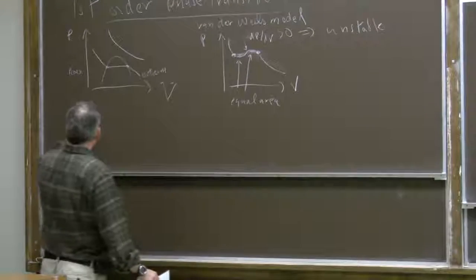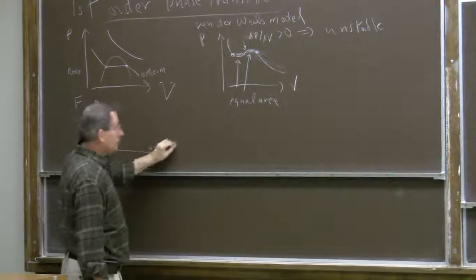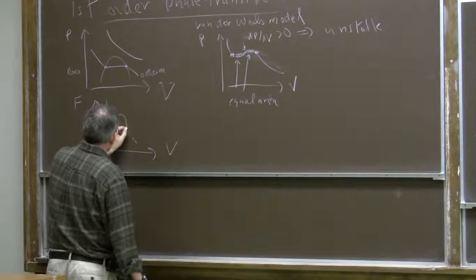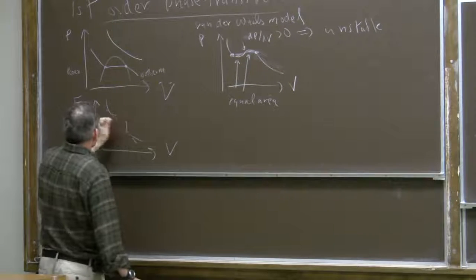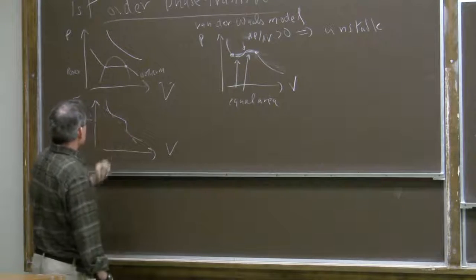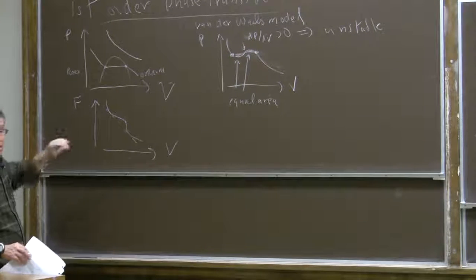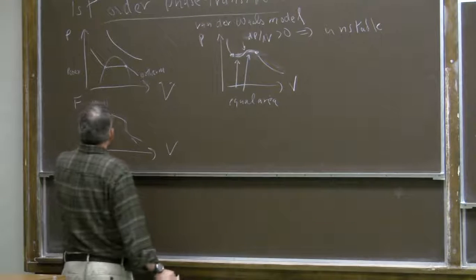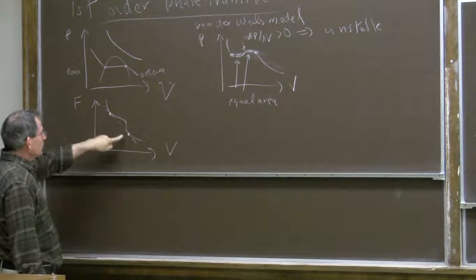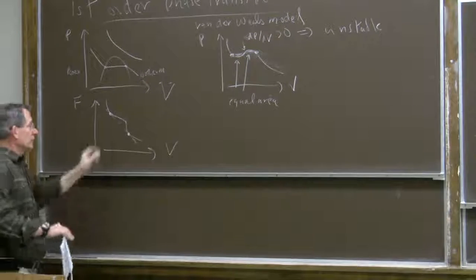In terms of how the Helmholtz free energy behaves as a function of volume, the picture looks like this. Actually, minus the slope corresponds to the pressure, and so the slope is always negative. But the Helmholtz free energy as a function of the volume changes from being concave up to concave down. And what it means is that if we want to minimize the free energy in this region, the straight line, which is tangent to the curve at these 2 points, lies below the Helmholtz free energy for the homogeneous phase,